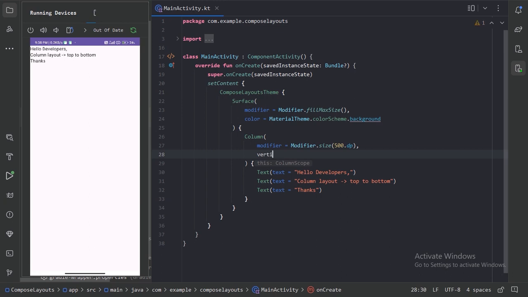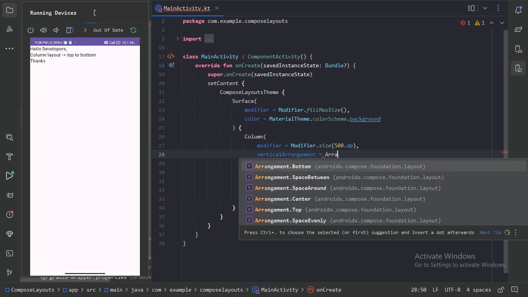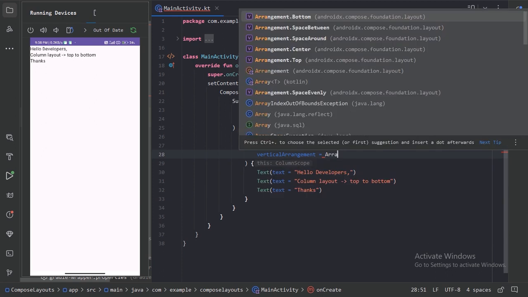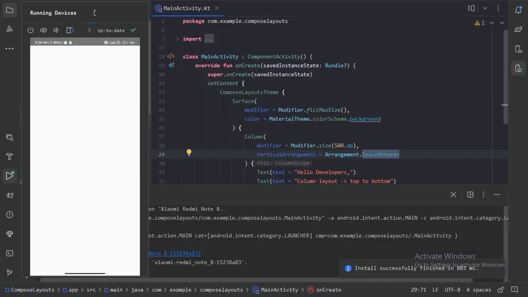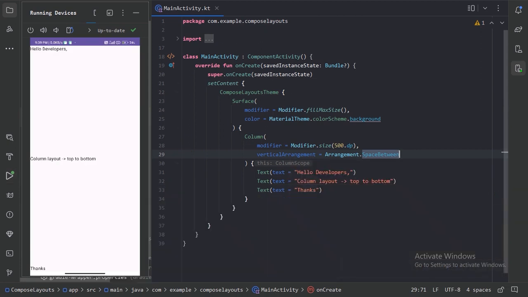Here we have this vertical arrangement. So here we can arrange the children of this column layout in various ways. Let's use this arrangement. So here we can see we have these 6 types of arrangement. So for now let's use this space between, and now let's run our app again. So here we can see this space between has arranged these children in this way,